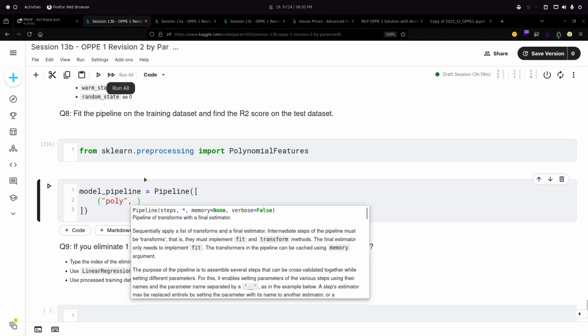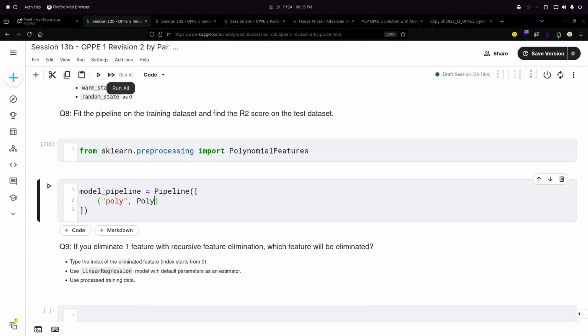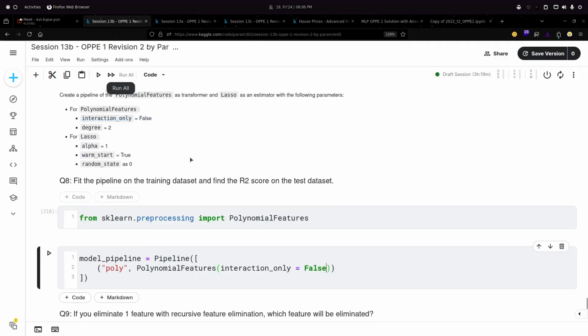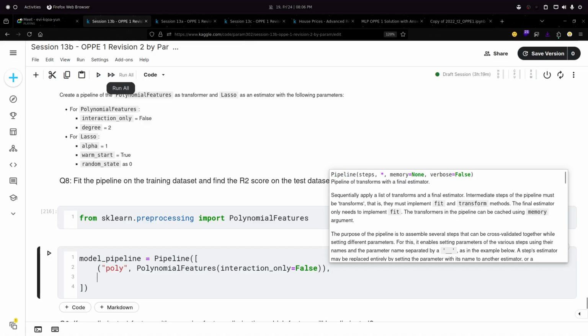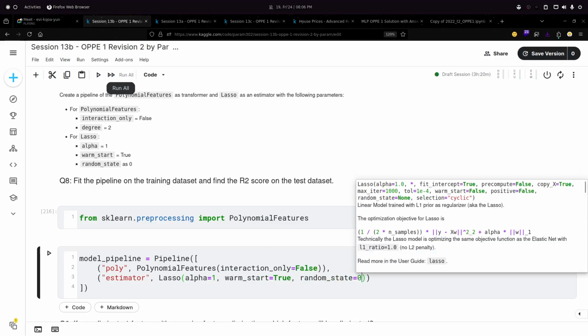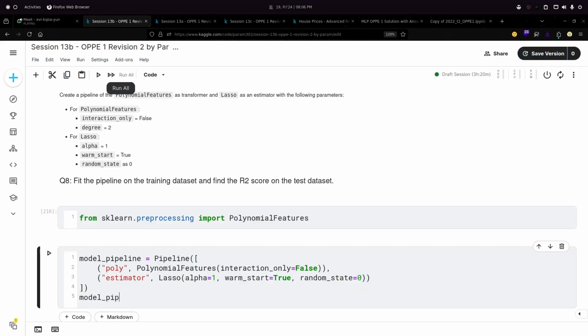I have named it as poly, and polynomial features, and I have to set interaction only as false and degree as 2. By default, what is the degree in polynomial features? I think it's 2 only. Yes, it is 2. Then I have the estimator, lasso, alpha as 1, warm start as true, random state 0. I have created this model pipeline.